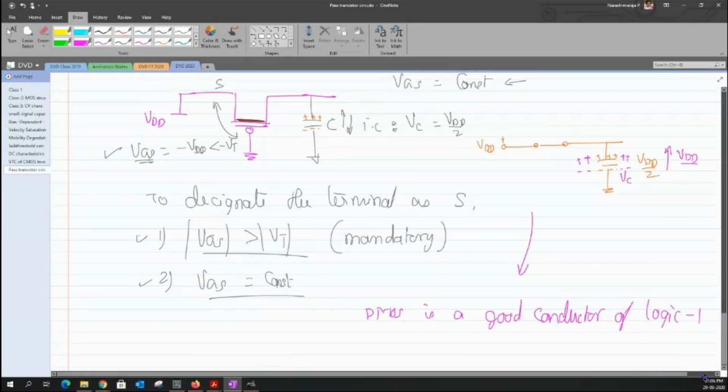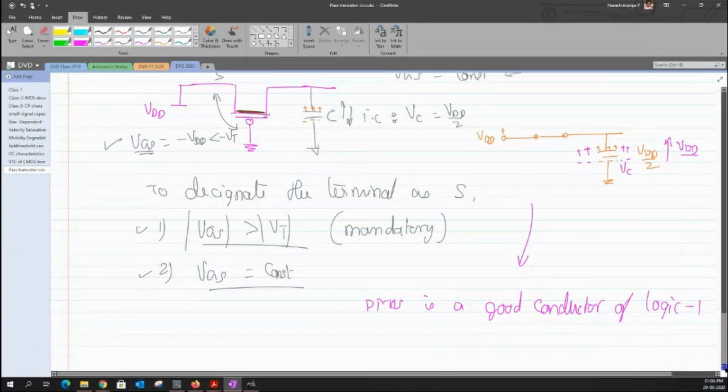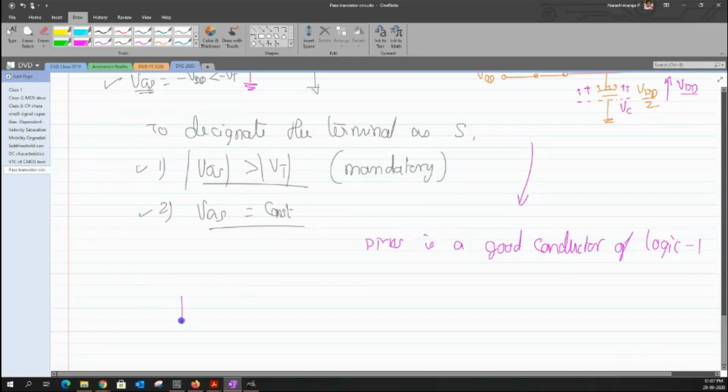Now what we do is try to reverse the input conditions and see whether we can make a similar statement to the one we had for our NMOS. So let me go ahead, and again I will choose the gate being attached to the ground. For the left terminal of the PMOS, I would connect a ground rather than a supply like VDD. And I have the other terminal fixed to a capacitor, and assume that the initial voltage across this capacitor is equal to VDD by 2. Now what happens to this Vout?